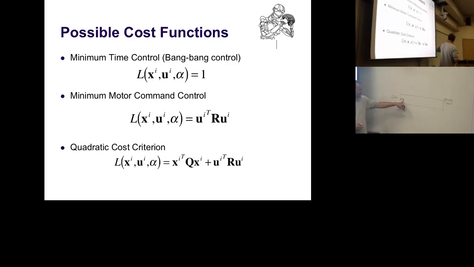There you go. Now, you start here, and you want to go as quickly as possible to the finishing line, and stop at the finishing line. Okay? I don't want you to overshoot. It's not like the regular race. I want you to smack and stop on the darn thing. What's your control strategy?